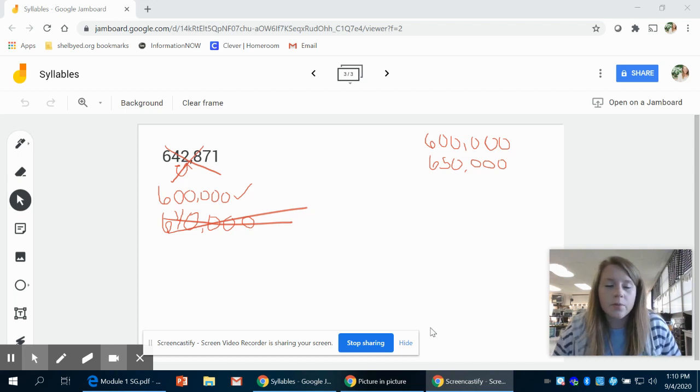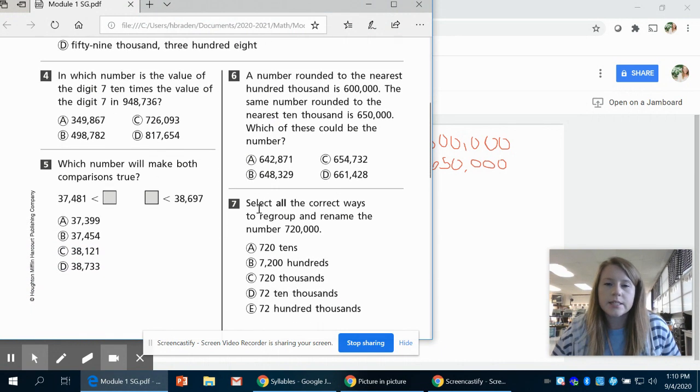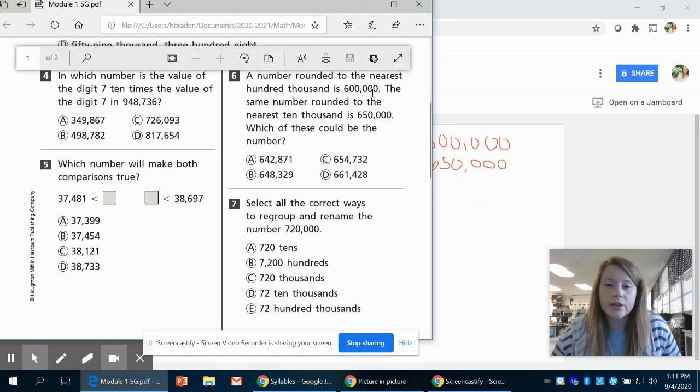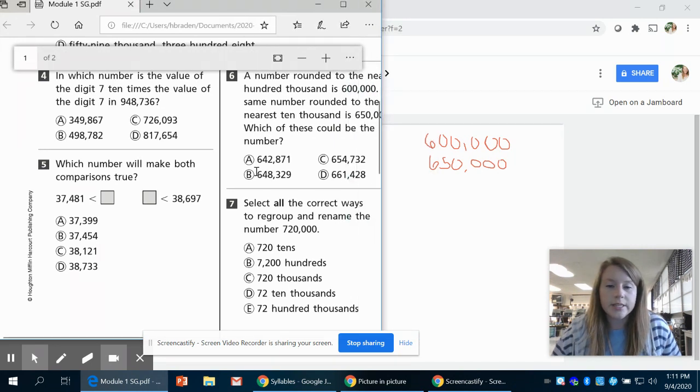All right, I wanted to pick up right where we left off for our study guide. So we had just tested choice A to see if it rounded to 600,000 and if it rounded to 650,000, and it did not. So we need to move on to our next one,